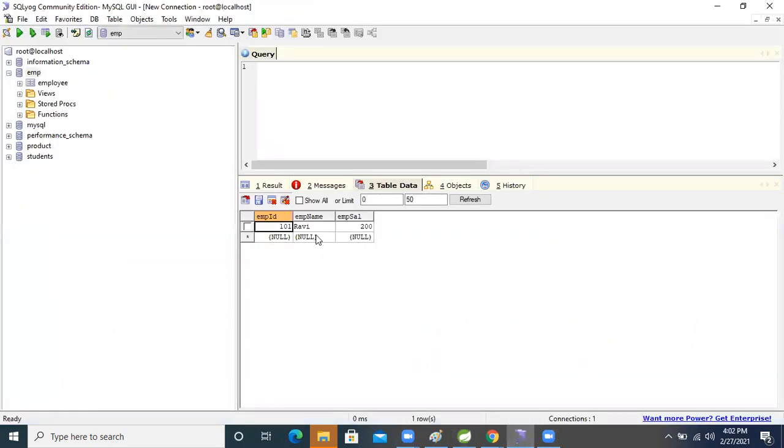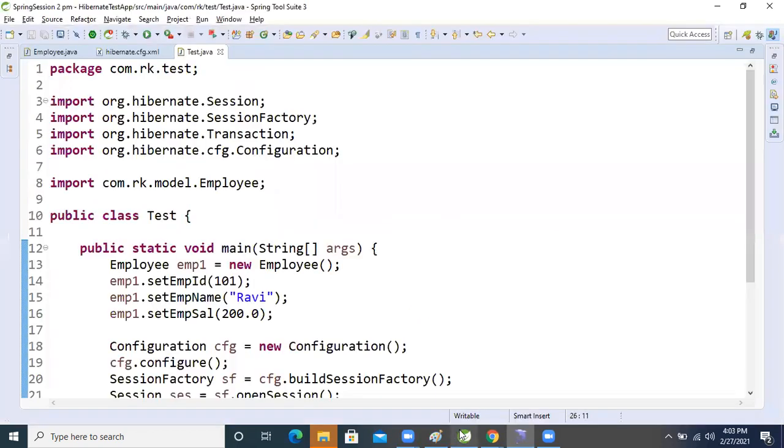If we use update, one column will be added, with a default null value. Just one update will happen; except for that, the data 101 Ravi, everything will be the same. Now let's run this application and see.